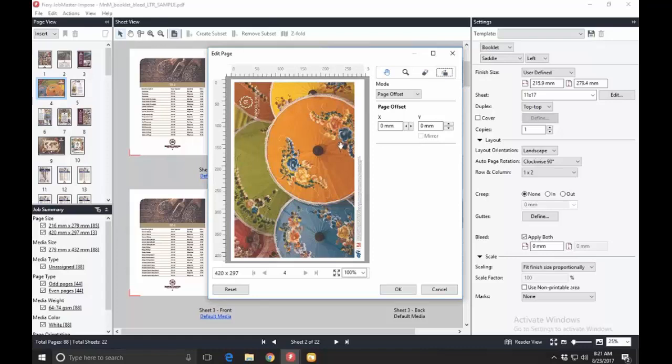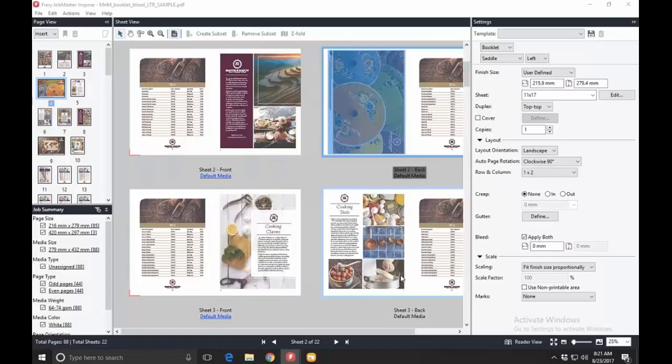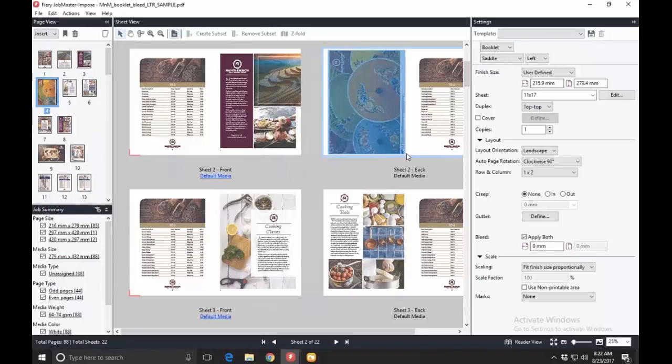If this is the rotation I want, I can just say OK, and then that rotation will be applied. But this is not going to be a part of your template if you're doing individual page manual rotation. Okay? All right, so we're going to close this